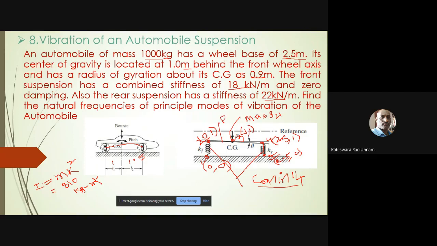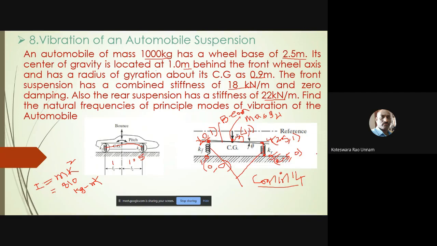So like this, we need to add 3 element types, not a single element type. Here that is a little bit confusing because you have different elements. So far, whatever problems you solved, we used maximum only 1 element type for the entire problem. But now we need to use 3 element types. To model the springs, you need to use combination 14. To model the mass, a rigid mass 21. To connect those centroids and the suspension system, you need to use beam elements.